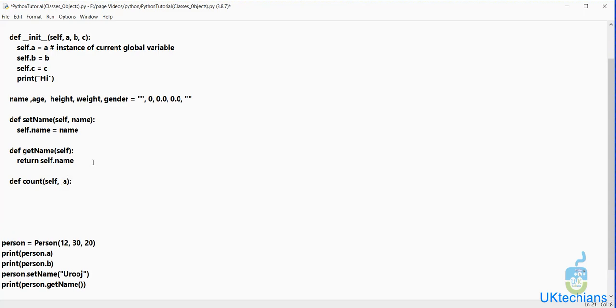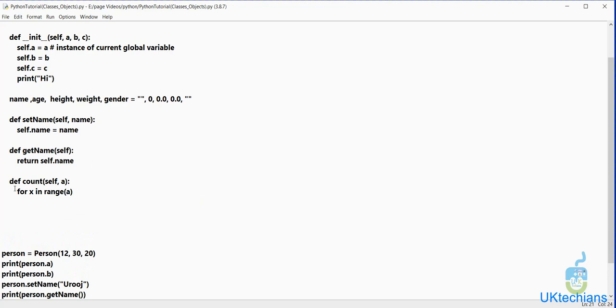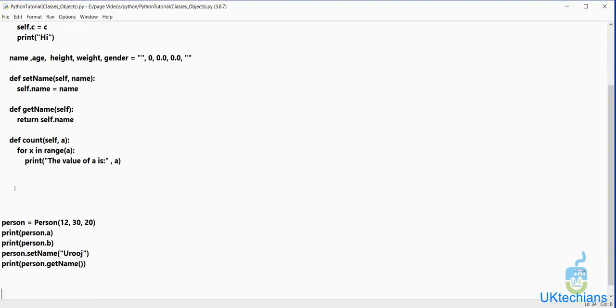And now we will say for x in range, and then we will define the variable here, and then we'll say print, right? Let's use a string here. The value of a is, and then we will add here the value of a.